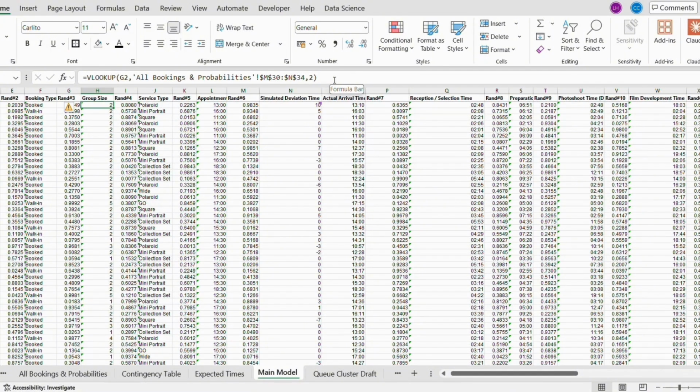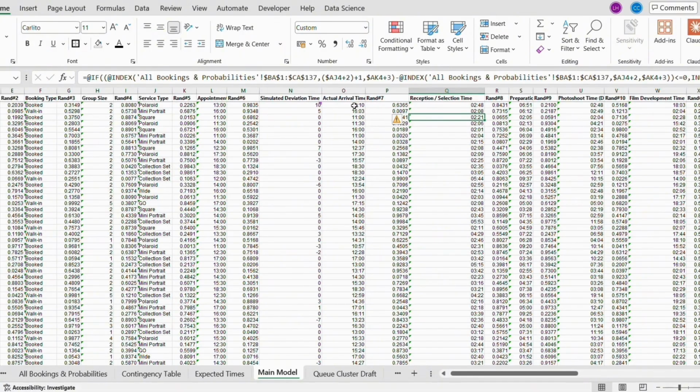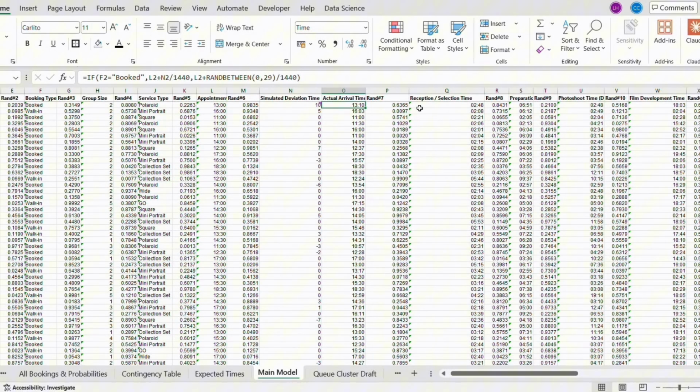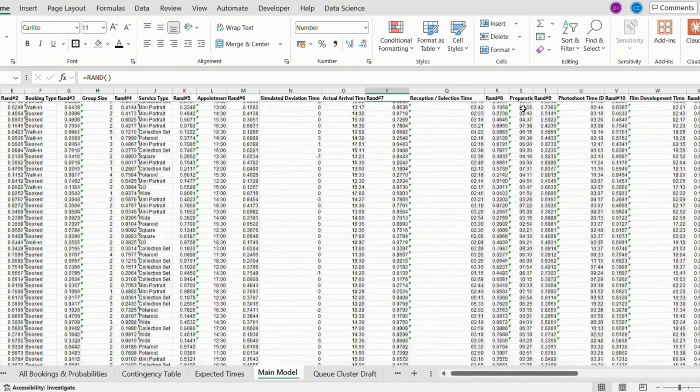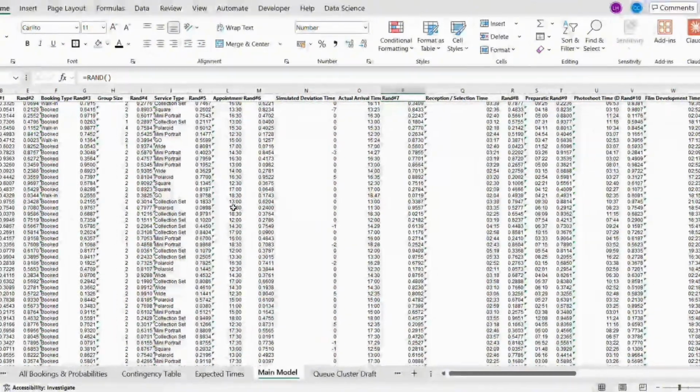Then for every station, it draws a service time from that station's triangular distribution from the previous sheet. Same as the discrete distribution, the way we sample the triangular distribution is with one random number per station. If the random draw is small, the time lands on the rising side between the minimum and the mode. If it's large, then it lands on the falling side between the mode and the maximum. After we finish everything, we run that 1,000 times and we get a stable picture of how long each product really